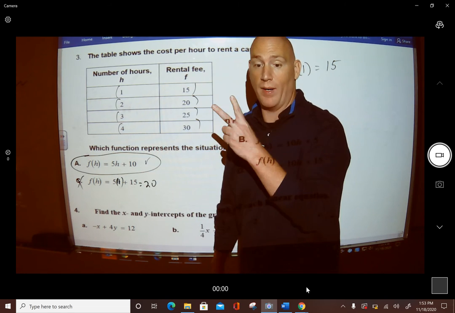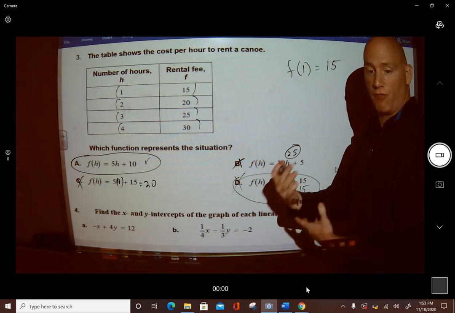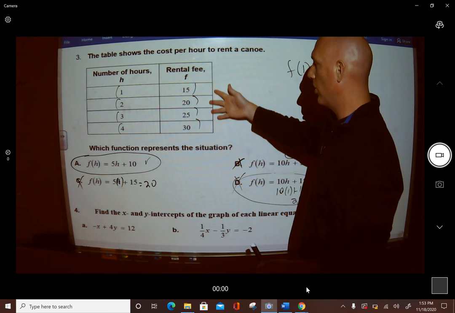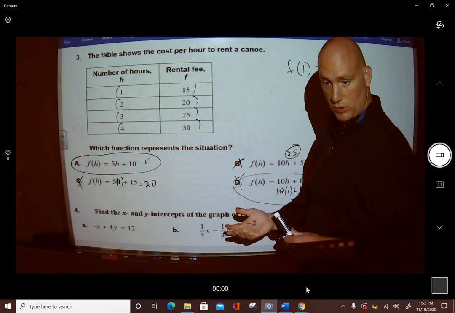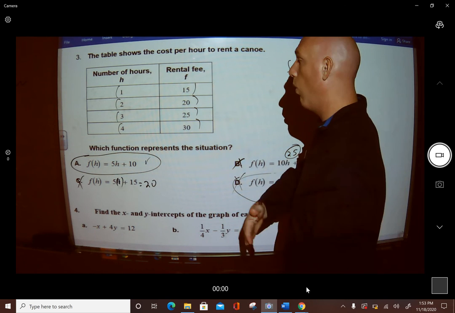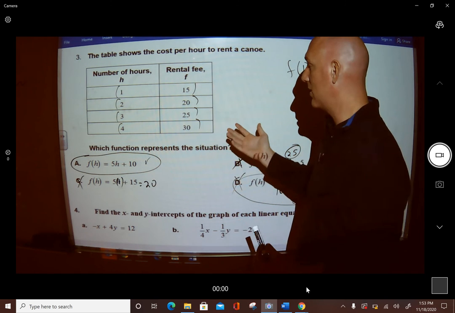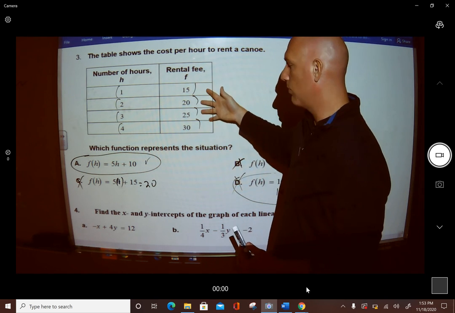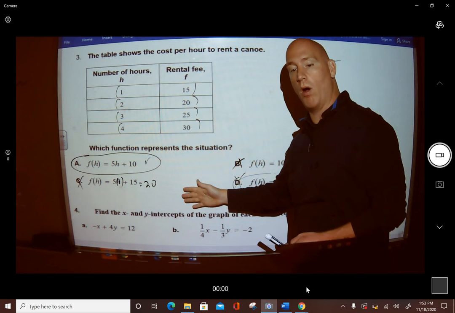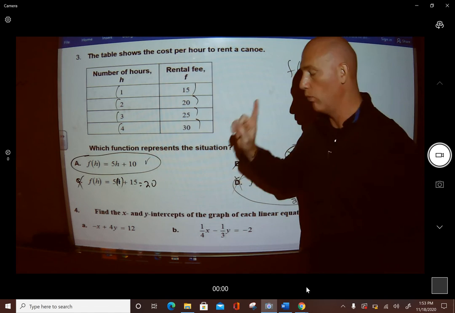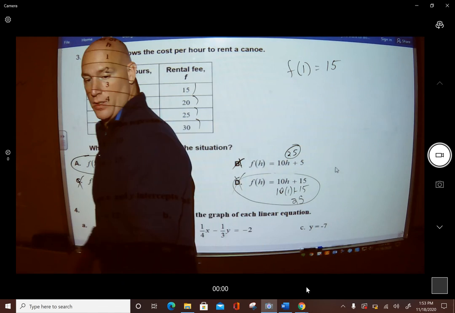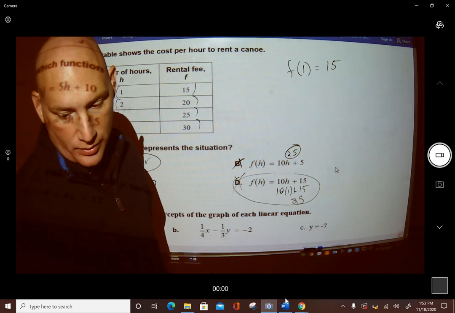So you have 2 ways to do this one. The preferred method, which is find your slope, find your y-intercept, plug them into y equals mx plus b, which I did in the beginning. Or you can look at this and say, okay, these are my possible solutions. Which one has all 4 of these as solutions? Only one does, A. That is number 3, and we'll continue